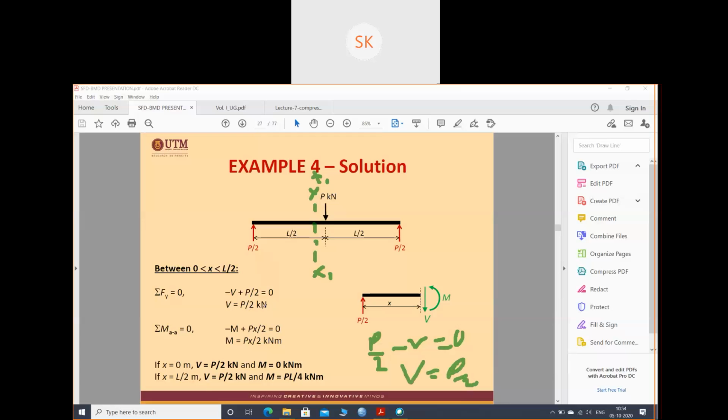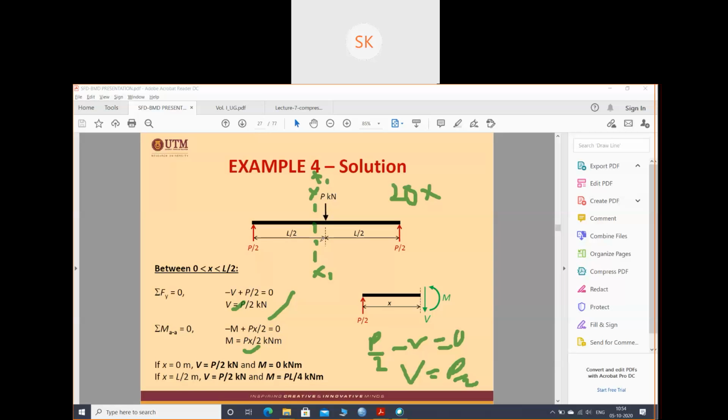That means 10 kilonewton. Then moment about A, or I have taken the axis. So moment will be P by 2 into x minus M equals 0, so M will be P x by 2. So you got the value of shear force, you got the value of moment. Now in place of x, first place 0. When you place x equals 0, you get shear force as P by 2 and moment as 0 kilonewton. When you put x equal to L by 2, you will get the same shear force value, but the moment will be PL by 4. That means